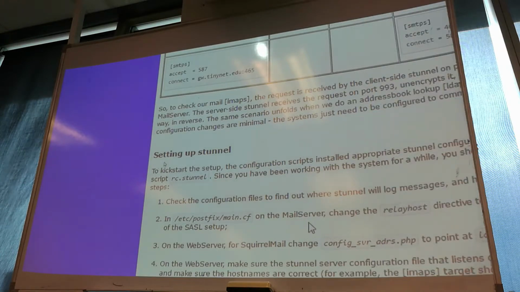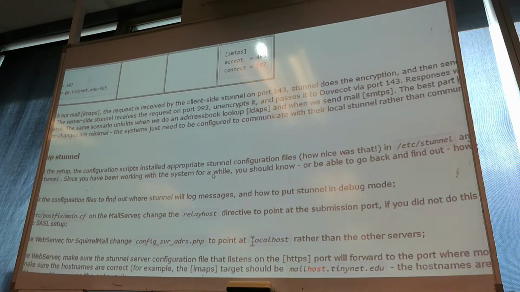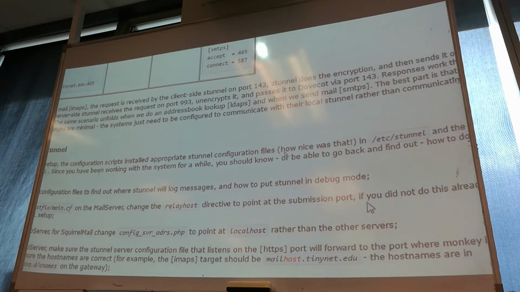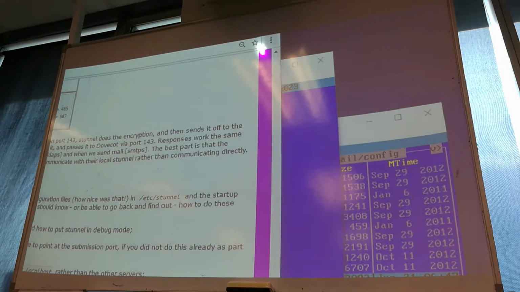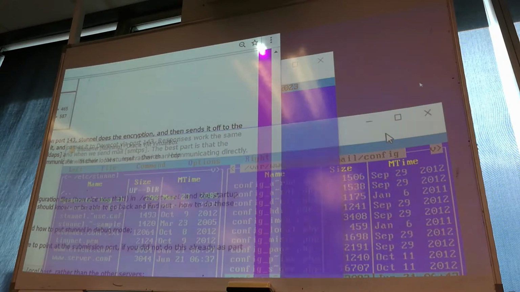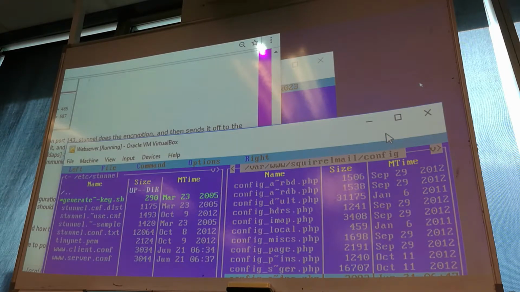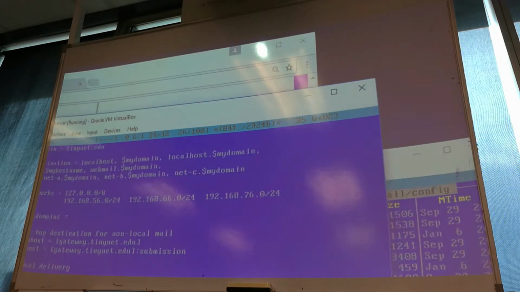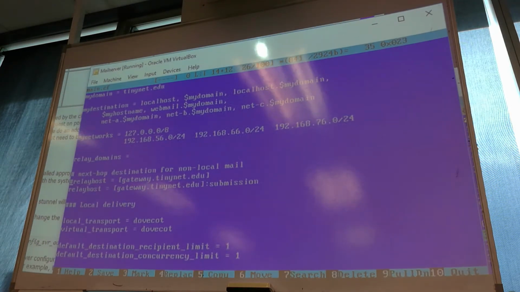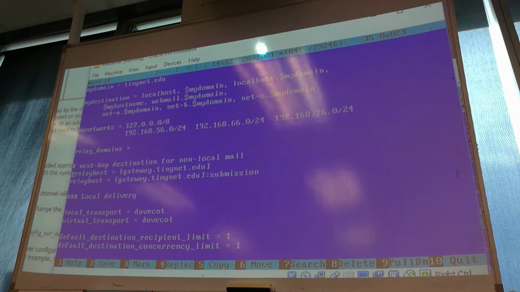So change the relay host directive to point at the submission port. We did that already for whatever reason. So that's all taken care of. So nothing to do here. Let's just take a quick check. Oops, that's my web server. Let's just quickly, while we're here, almost in the right space,